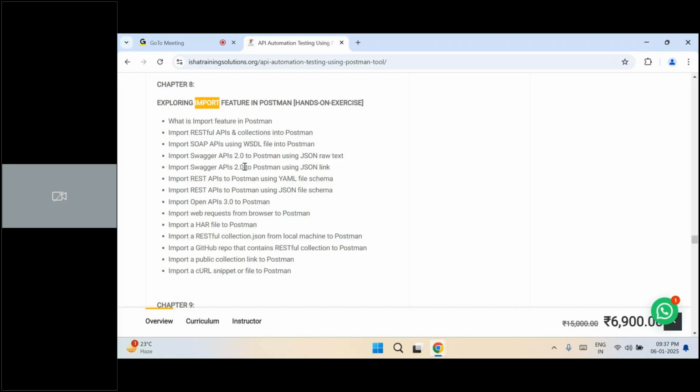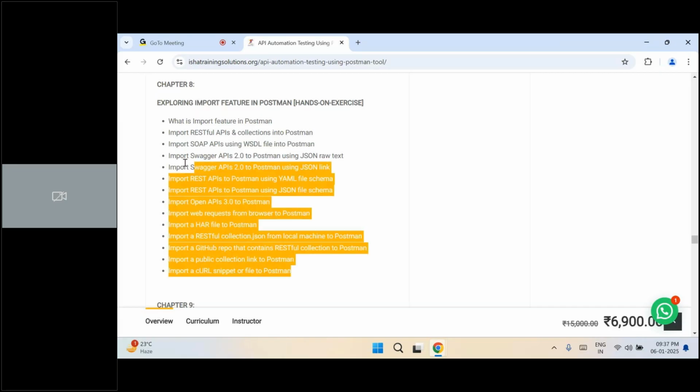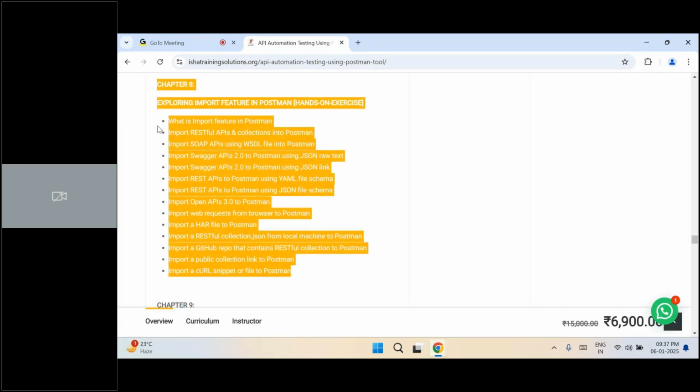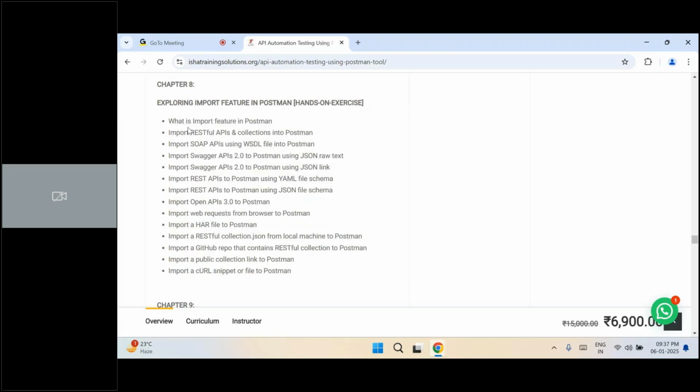What if the developer says the automation code I have written or the project code is present in GitHub or GitLab or Bitbucket? Postman can understand it using the import feature. So the import feature is the key to automation in Postman tool. So I have taken multiple examples in import to make it very clear for all you guys so that you can crack most of the interviews plus crack most of the projects in real time.